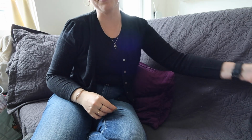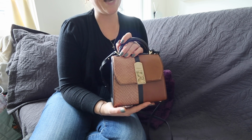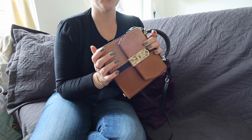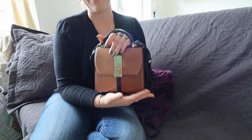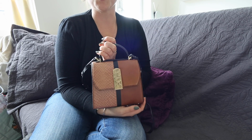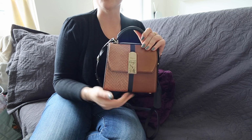Then next up, what is very, very typical for my bag collection is that I love neutrals. Again, most of the bags in my collection are neutrals. I've chosen my Ferragamo Box YZ bag as a representation of that. This is a bag that has black and 2 different types of brown. This is actually a bag with exotics, which is quite unique for my collection, but I'm very much a neutrals girly. So you'll find that most of the bags in my collection are black, brown, or like tan colors, wine